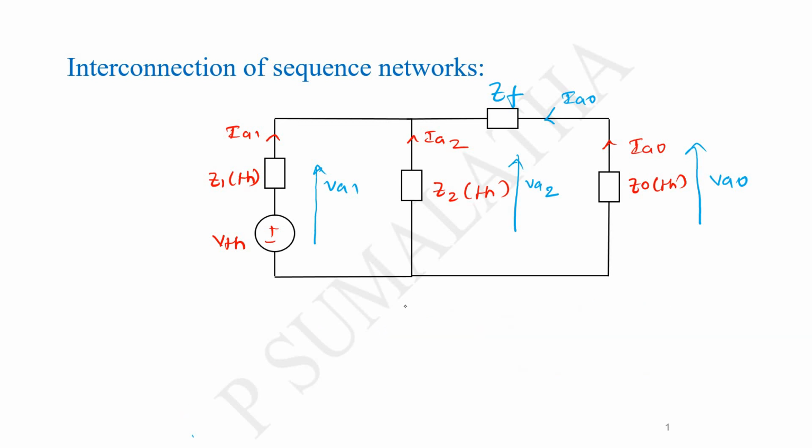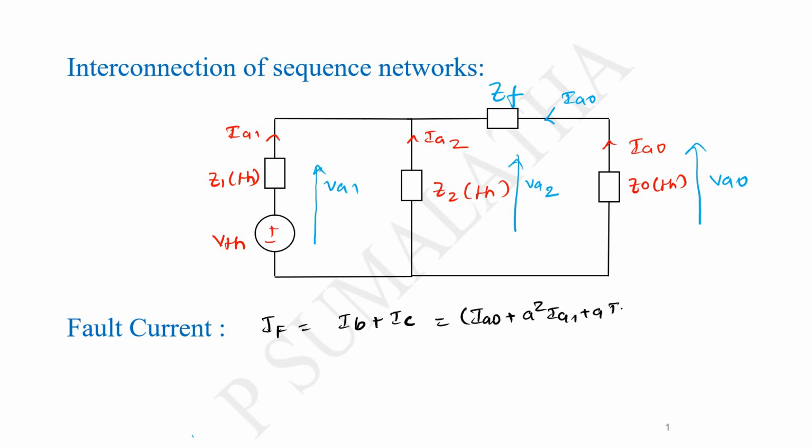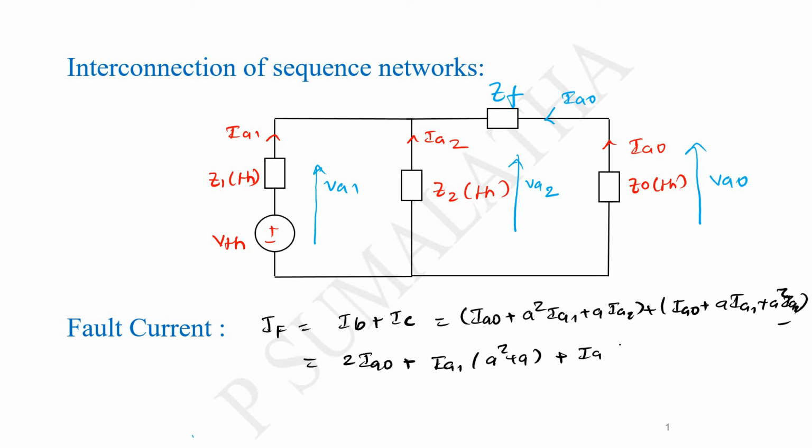Now let us find the fault current for this. Fault current IF is equal to IB plus IC. So if you represent the IB current as IA0 plus A square into IA1 plus A into IA2, and the IC current as IA0 plus A into IA1 plus A square into IA2, this you can write as 2 IA0 plus IA1 if you take common A square plus A, and plus IA2 if you take common A square plus A. A square plus A is equal to, we know, minus 1. So it is 2 IA0 minus of IA1 plus IA2,